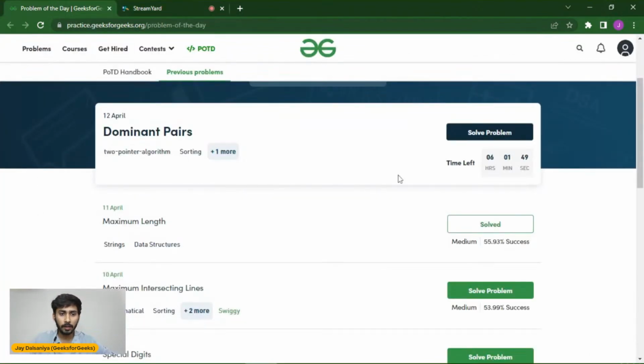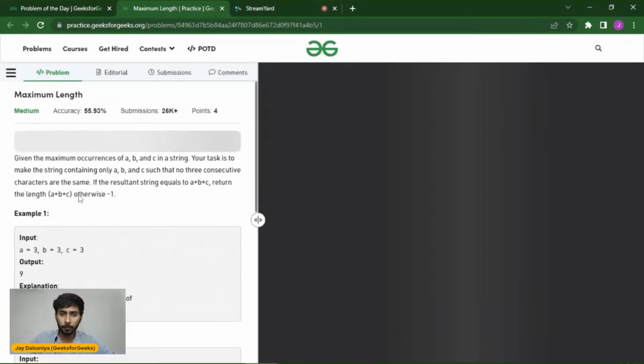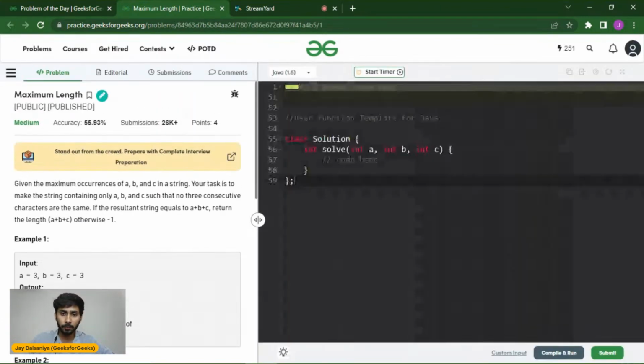Okay, so here is the problem of the day. I would like to know how many of you were able to solve this question. The question is very interesting if you focus more on different test cases and try out how many different test cases are possible. Then eventually you would have arrived at a correct solution, better than what is expected over here. So let's first read down the problem statement.